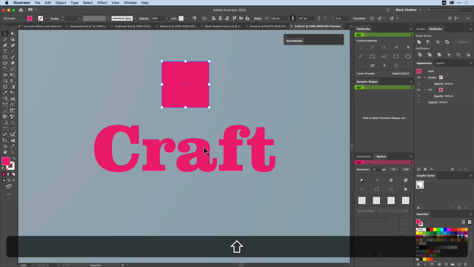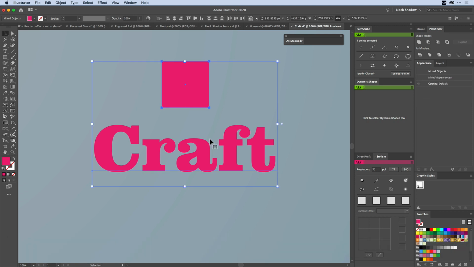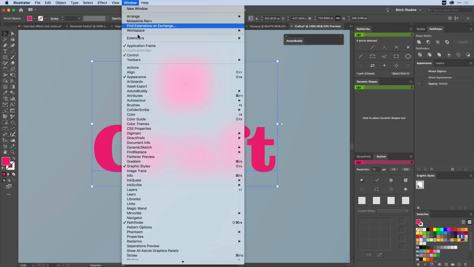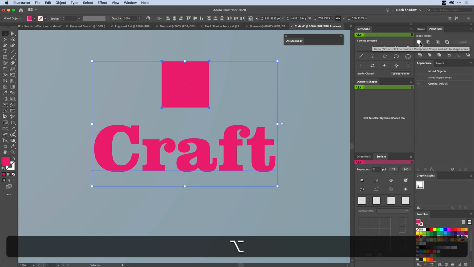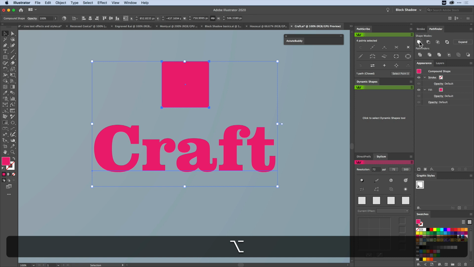And I'm going to use Igor's trick now, which is to select both those objects. I'm now going to go to the Pathfinder panel. I've got it top right here. If you haven't seen the Pathfinder panel, Window, Pathfinder, it's a native panel that allows you to merge them together. Hold the Option key down, the Alt, the Option key, and I'm going to click on Unite.